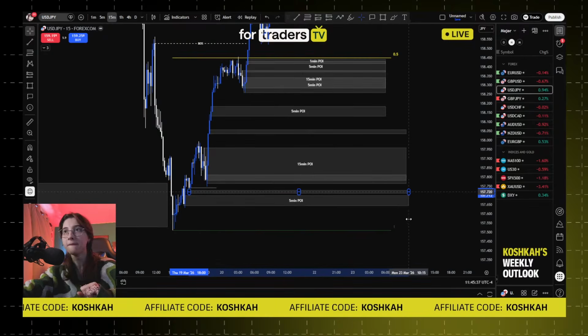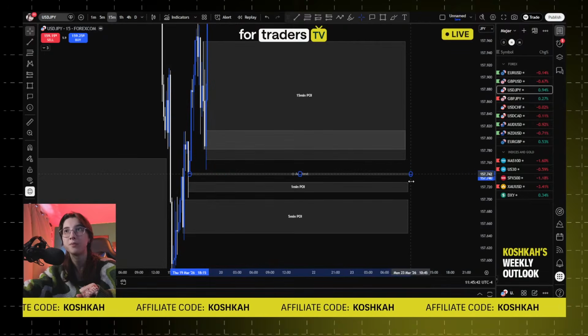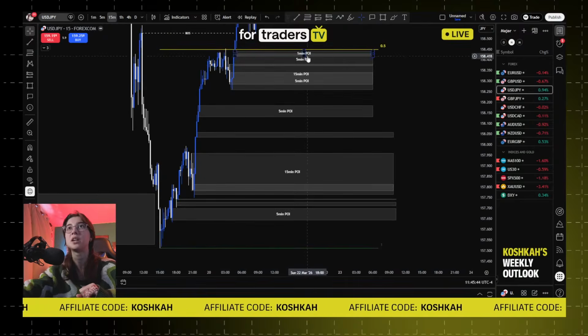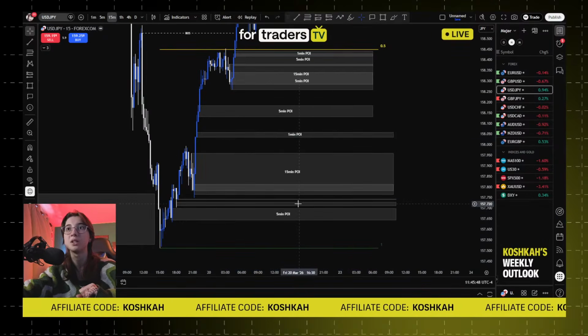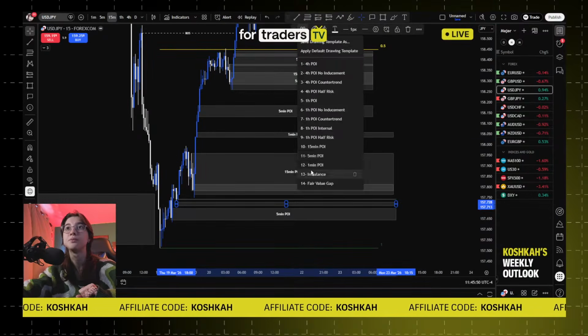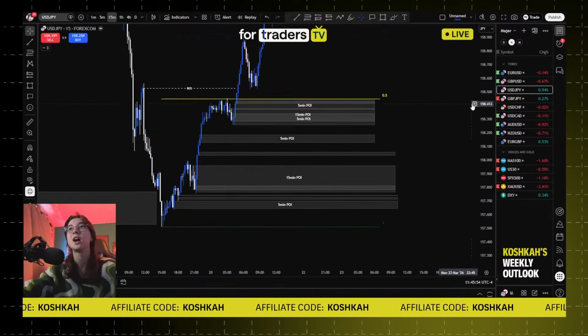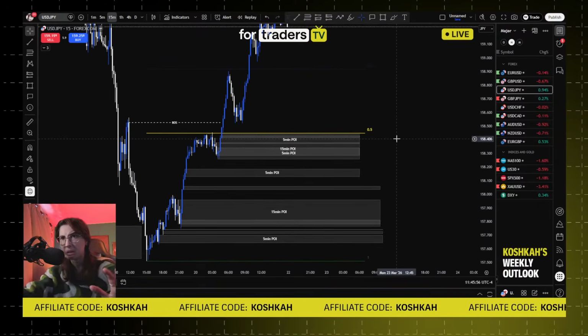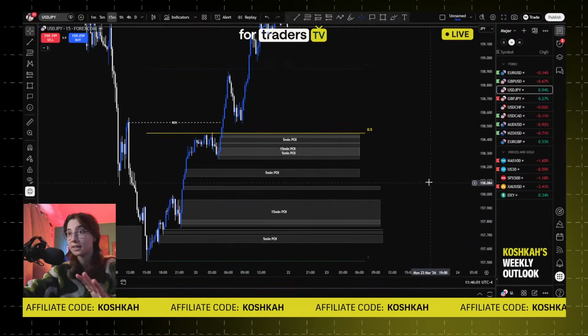Okay, so you have multiple POIs. Basically, all of this, as you can see, are valid POIs. So they're 1 minute. This is 1 minute 2. Okay, so you have multiple POIs, and then you will be like, oh my god, why do I have so many POIs? Why can I not just enter at the most extreme POI and that's it?